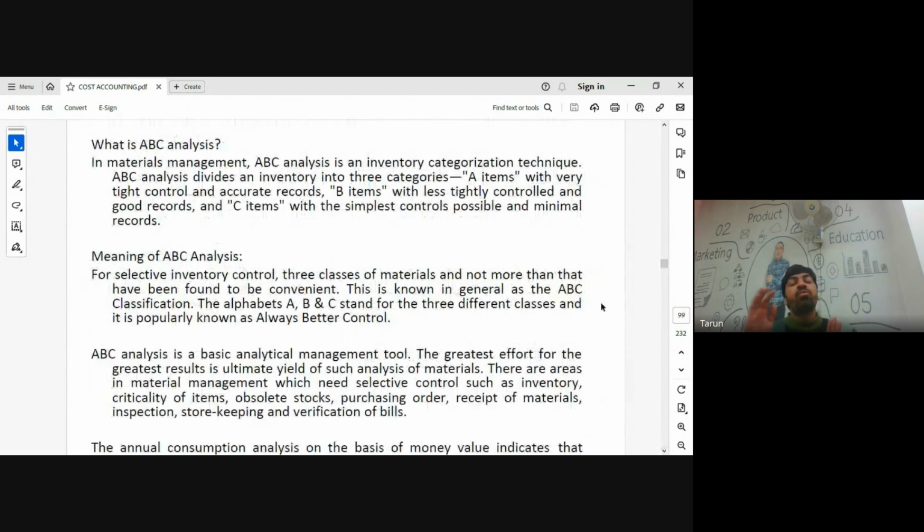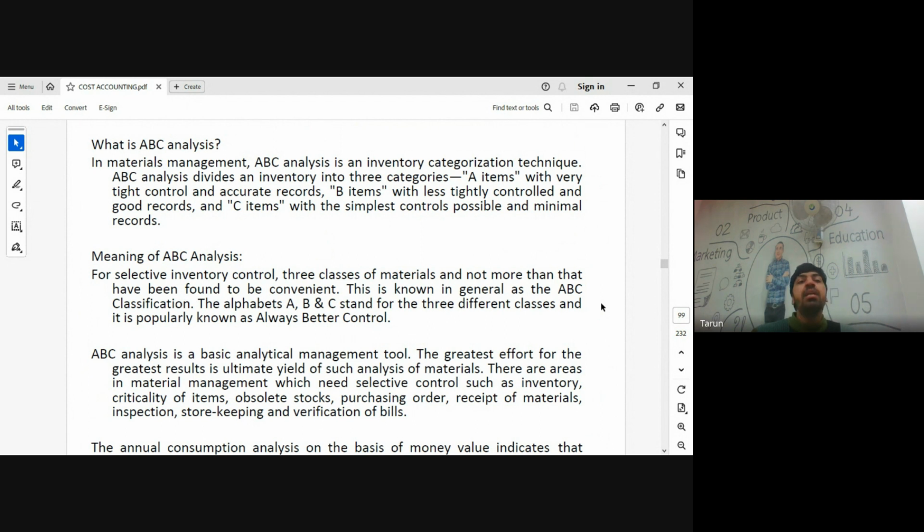This is one of the most important topics, that is, what is ABC analysis. Now, ABC analysis. We'll discuss the full form. ABC stands for always better control analysis. It is classified into three main categories, that is A items, B items, and